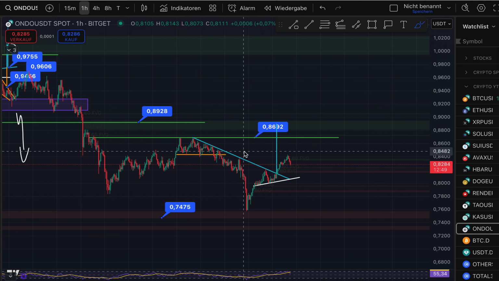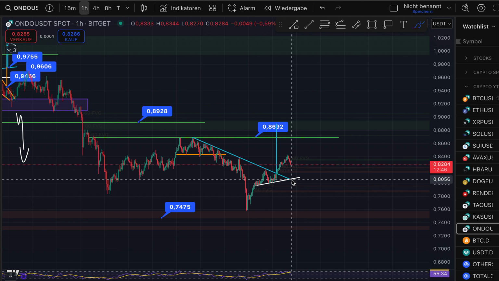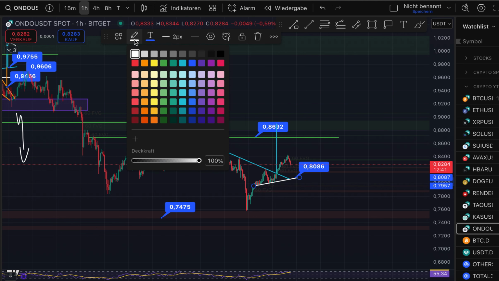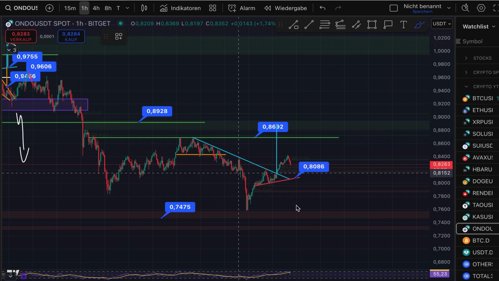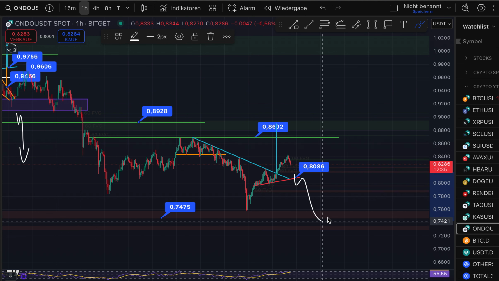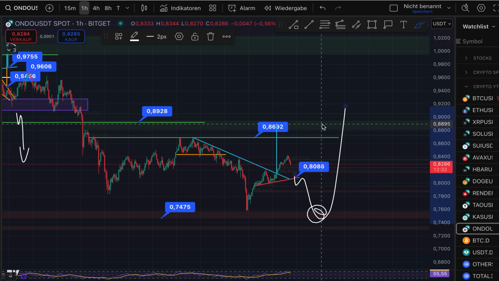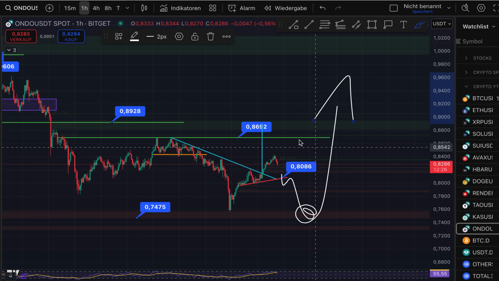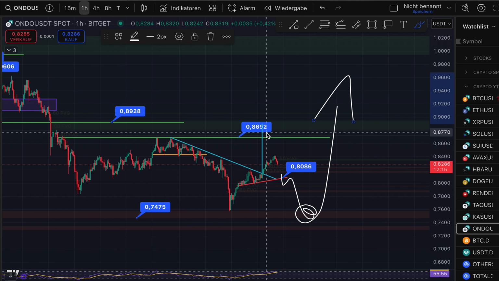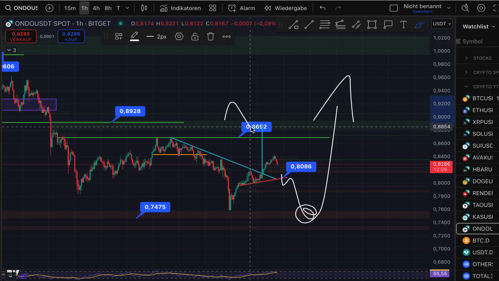Or we break the 80.5 cents to the downside. That's why I make this trend line red. And afterwards get into the fair value gap again before we get this push to the upside. So ONDO is long for me as long as we hold the 80.8 cents, and I would increase my position size once we break the 87 cents to the upside. If we break the 89 cents to the upside, then I would say